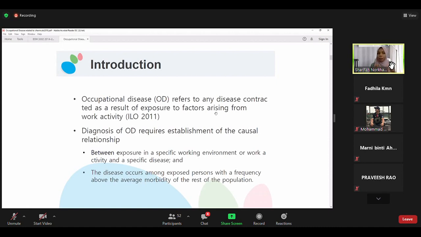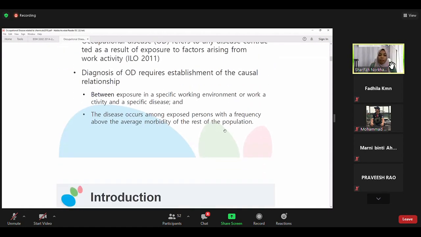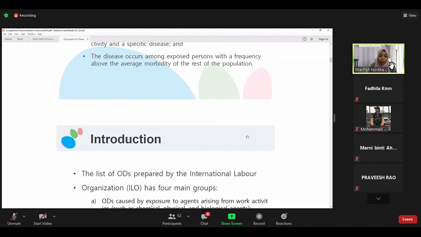But this will be diagnosed by an occupational health doctor. Not all doctors can diagnose occupational disease, because only certain expertise allows the doctor to diagnose that this is mainly from occupational exposure. And the main occupational disease related to our work setting is when you are exposed to chemicals. I hope that you understand so far.